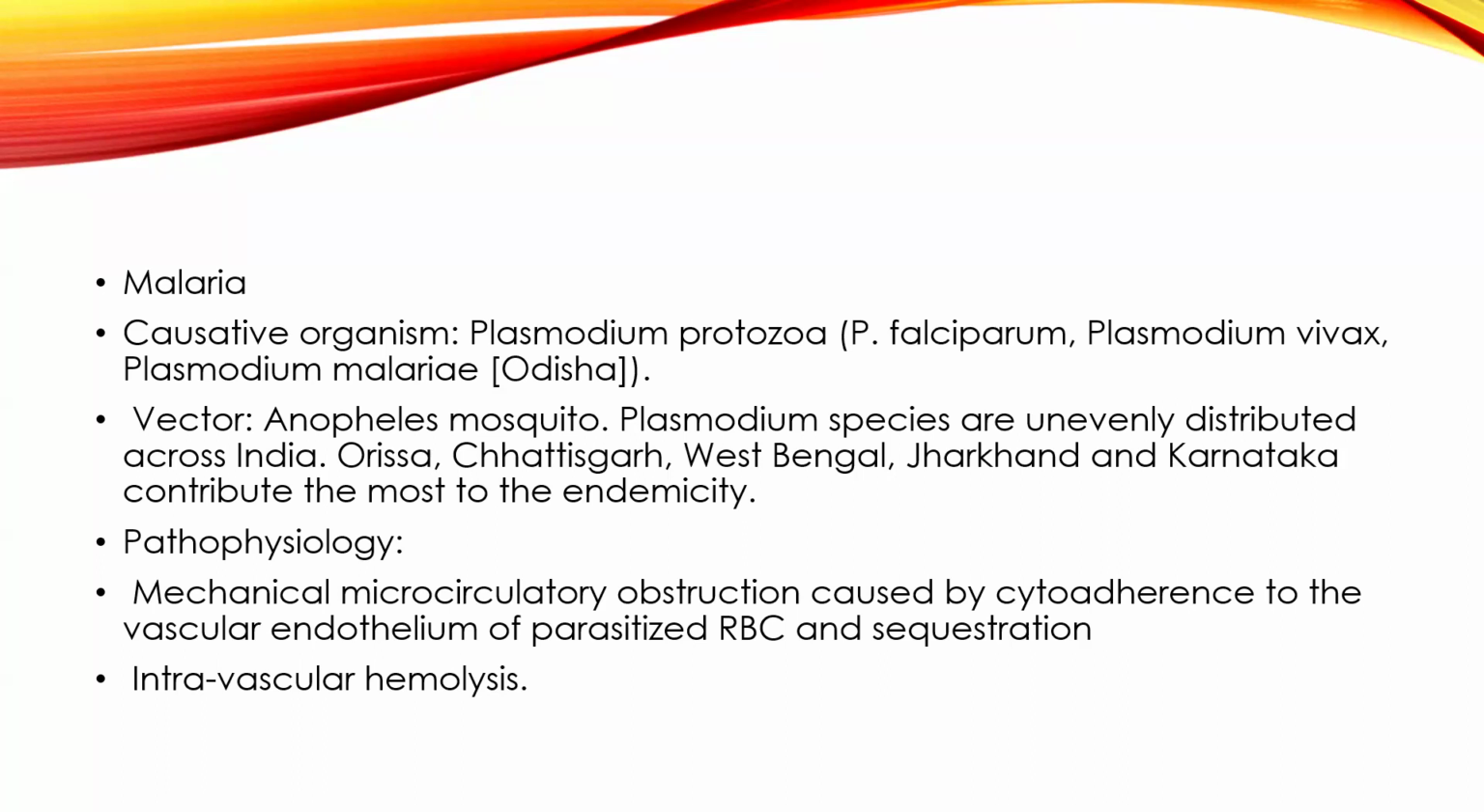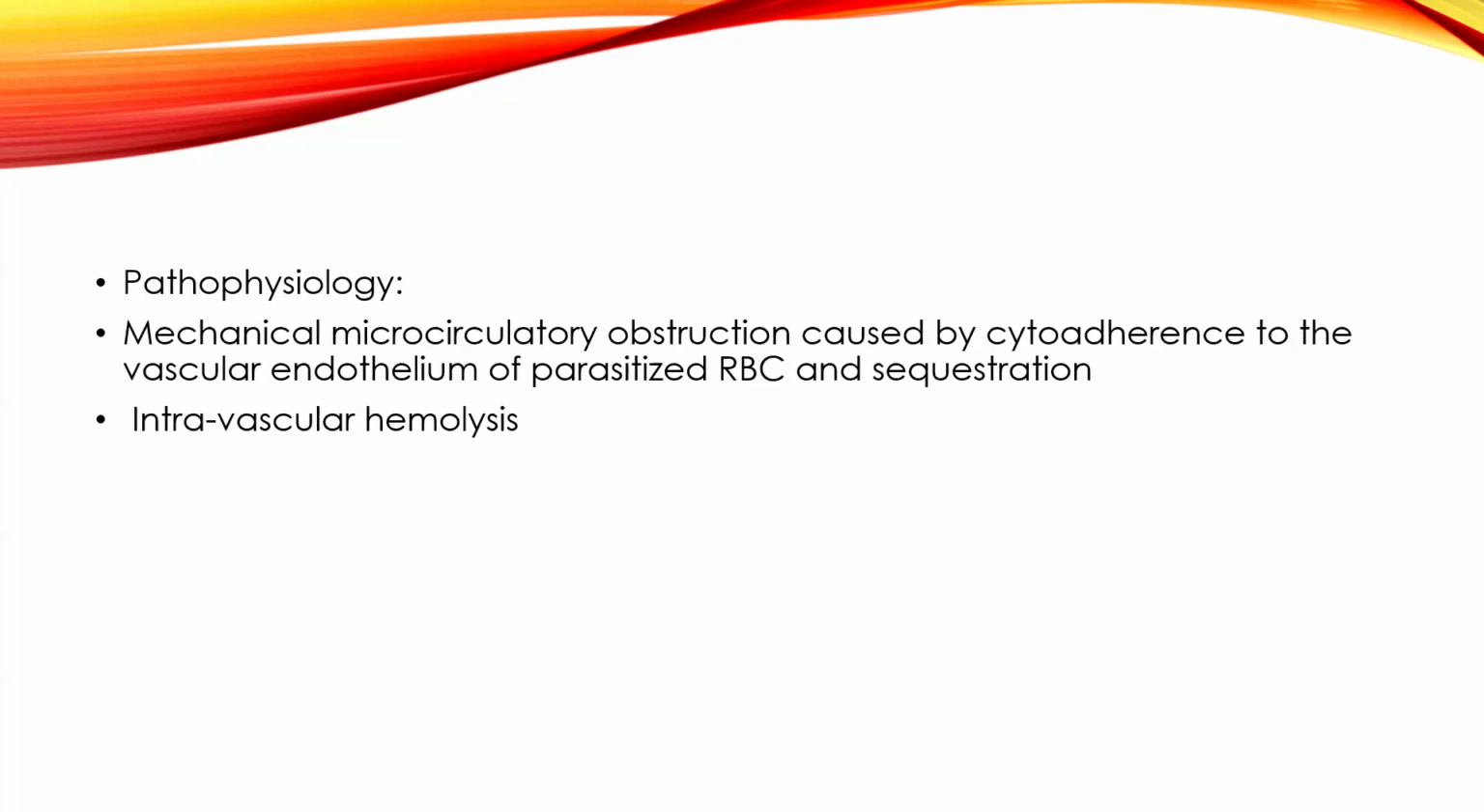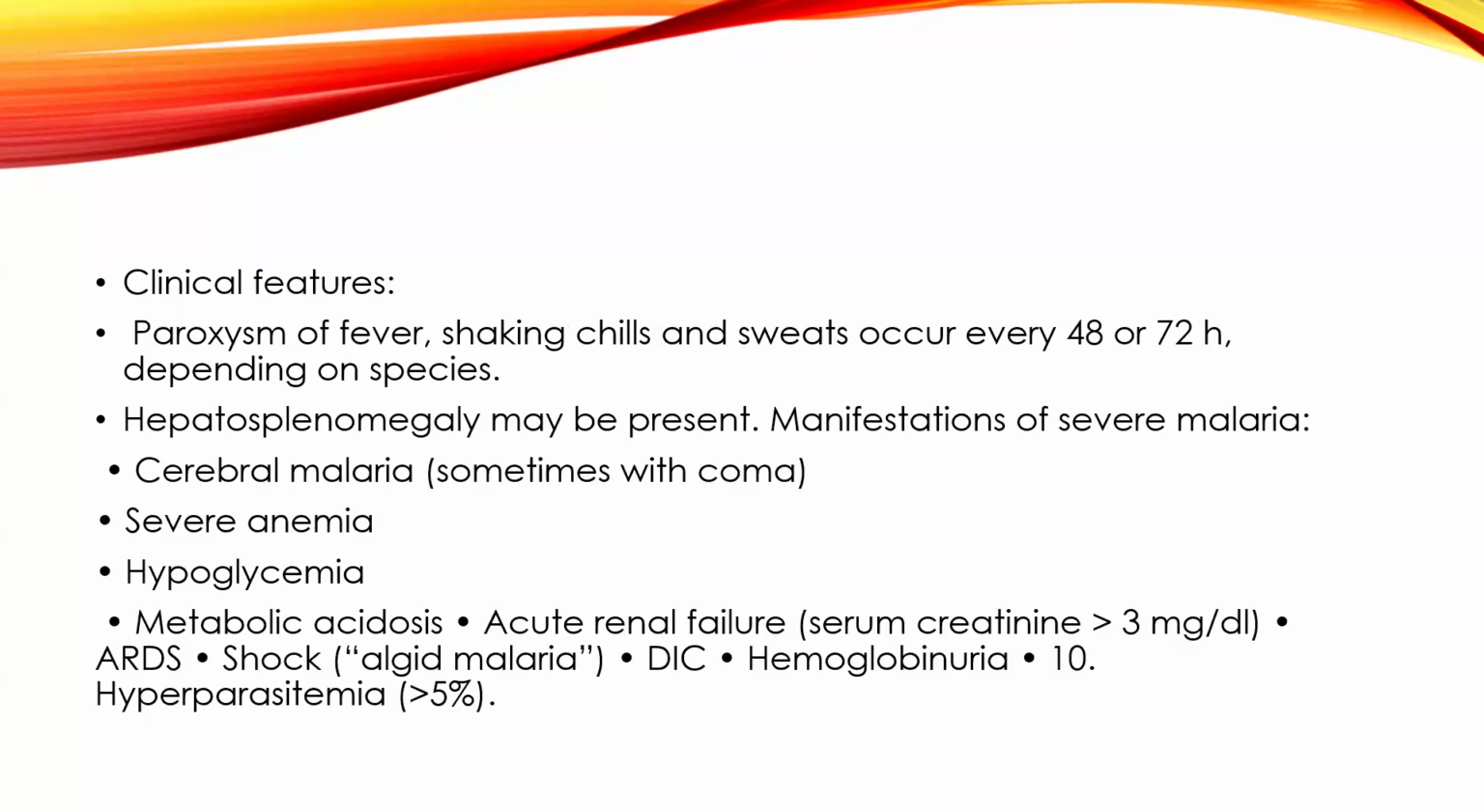Regarding pathophysiology, mechanical microcirculatory obstruction is caused by cytoadherence of parasitized RBCs to the vascular endothelium, and sequestration. Then it will cause intravascular hemolysis. Clinical features are paroxysms of fever, shaking chills, and sweats, occurring every 48 to 72 hours